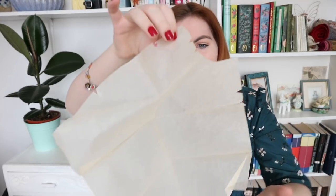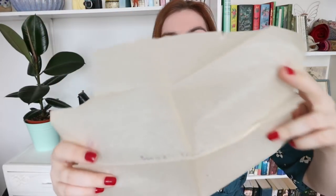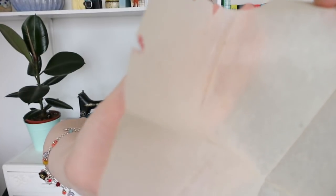Okay, so the bottom of the pattern has absolutely no gusset, so this is the pattern tissue itself. It looks like someone's drawn, oh my goodness, someone's written on it. Oh wow. So not only is this a pattern, this is actually a piece of history. Oh, that's lipstick. Oh my goodness. Look. Bodice front. I have a feeling that they've traced the original pattern. The original pattern may be gone. You can see there it says bodice front, and it's got lipstick on it, which is quite creepy, if I'm honest, but also very interesting. So I have a feeling that this was a traced pattern. But look at the notches on the